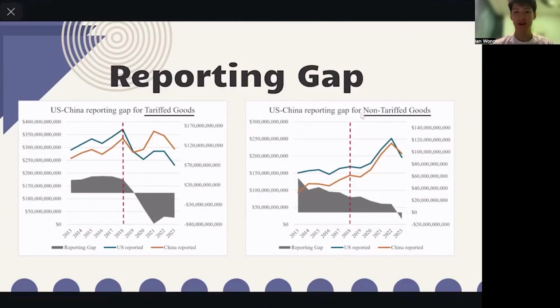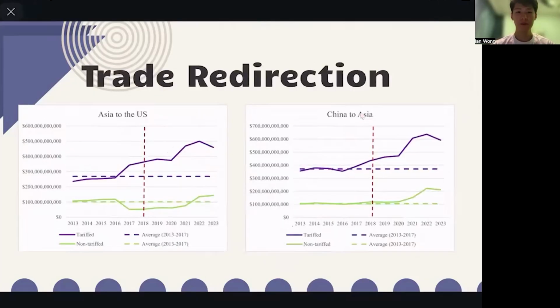This emphasizes the direct relationship between the introduction of tariffs and a change in the reporting gap, validating our claim that trade redirection and/or trade fraud are occurring on a larger scale as a result of US-China tariffs. For the purposes of this investigation, I chose to focus more on trade redirection. This was not to say that trade fraud does not occur, but due to the limitations of my data, it is less suited to the investigation of trade fraud.